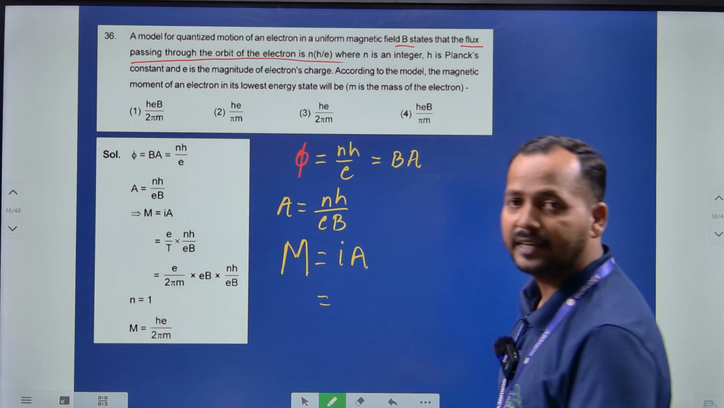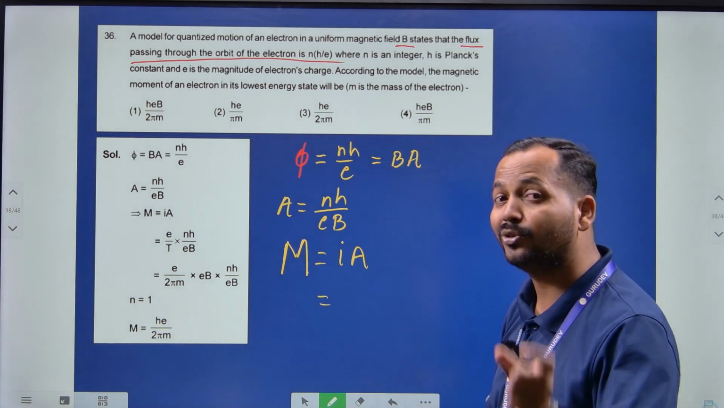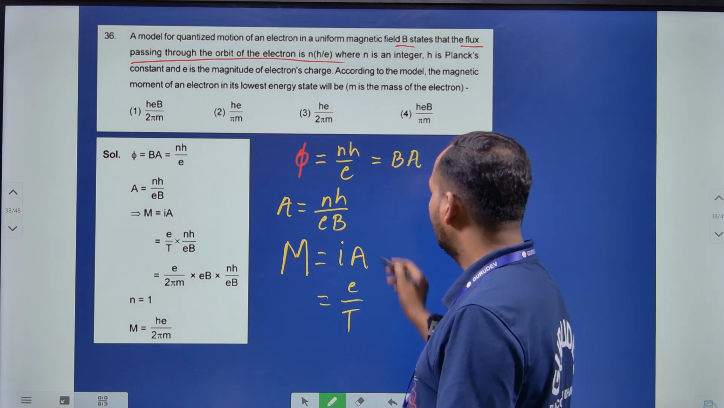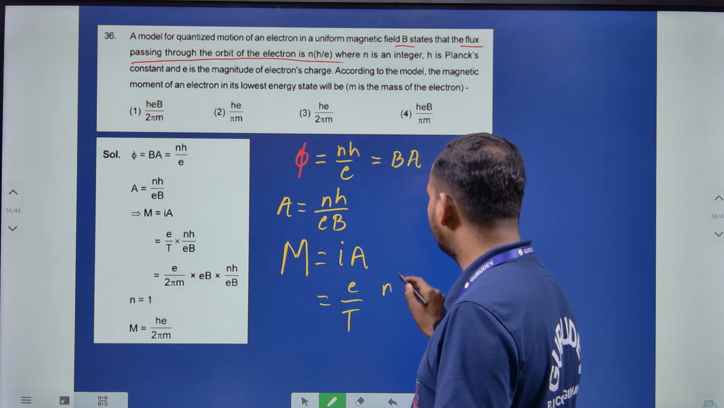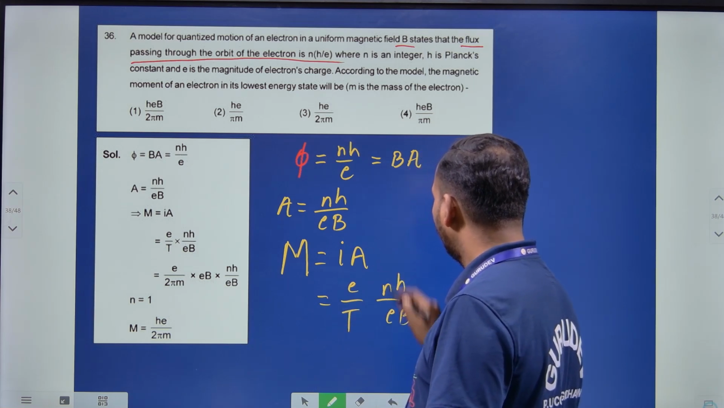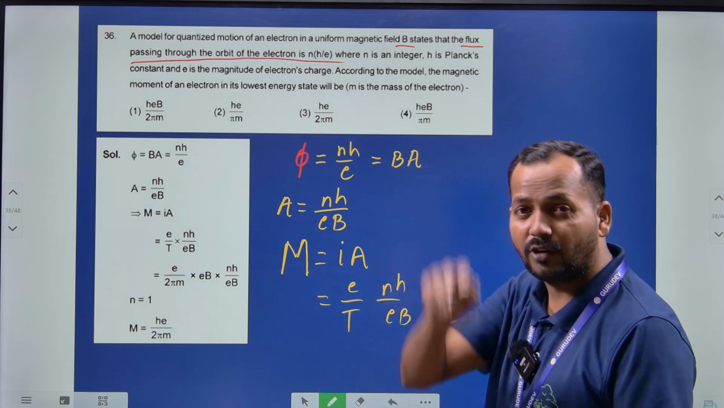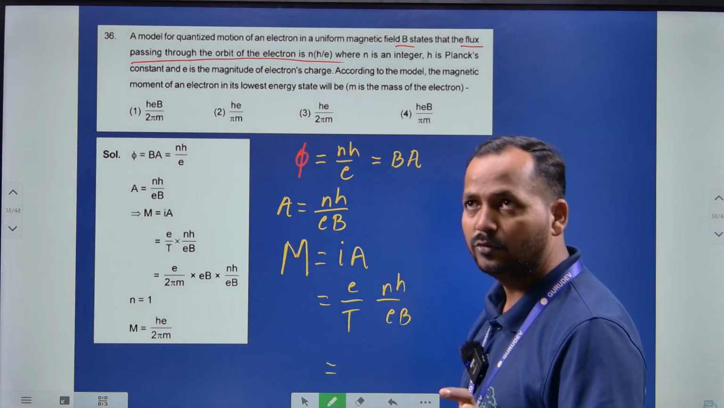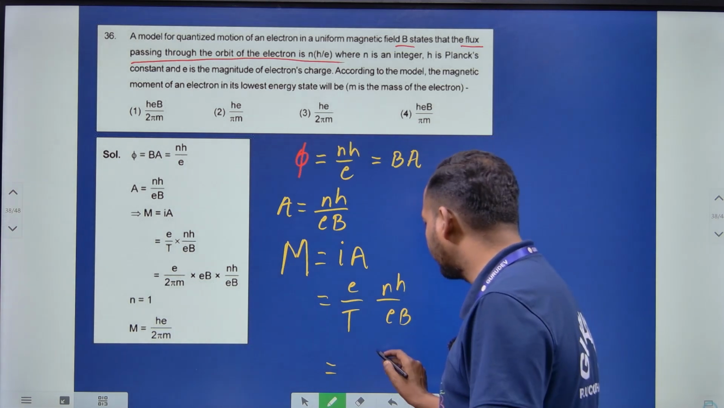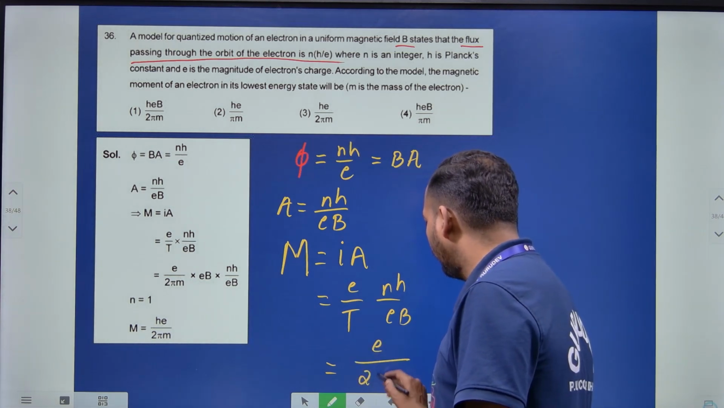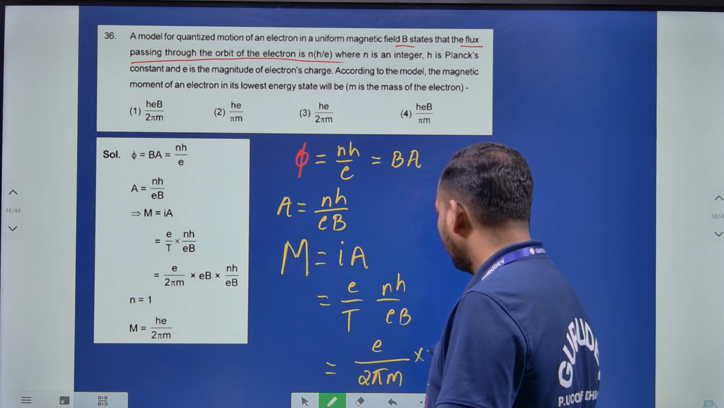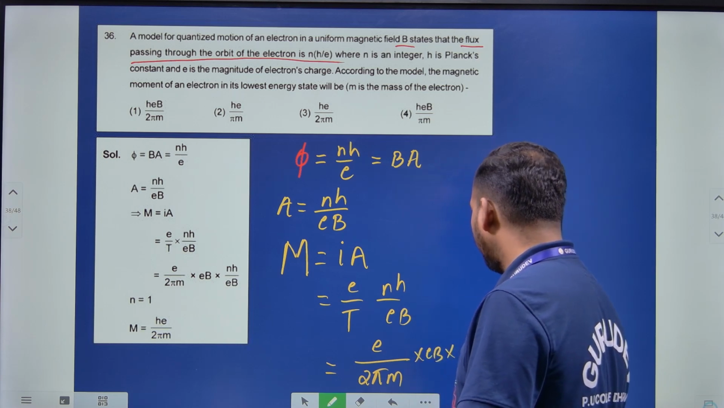और I क्या होता है, करंट I इज इक्वल टू Q बाई T, सही है। तो ये Q बाई T इंटू A, A क्या है, A है NH बाई EB। और आपका टाइम पीरियड ऑफ इलेक्ट्रॉन रिवॉल्विंग इन ऑर्बिट वो पता होता है, मूविंग चार्जेस एंड मैग्नेटिज्म में ये फॉर्मूला है आपको, 2πm बाय eB। ऑलरेडी यहां पे क्या है, NH बाय EB,